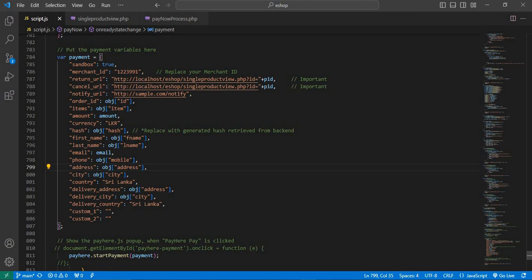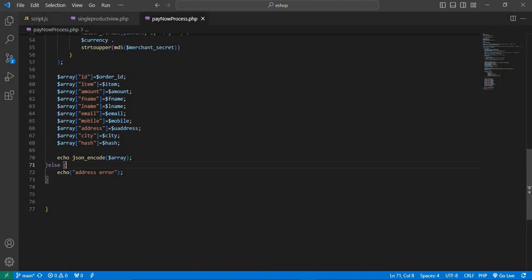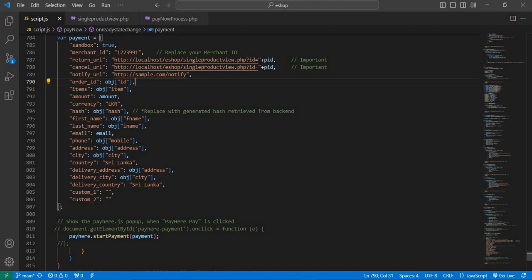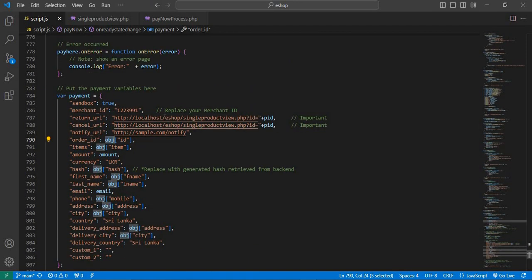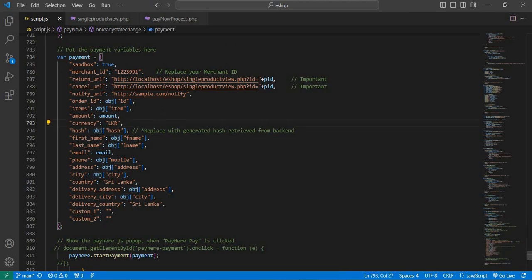If a payment is not made, there must be a return URL. The return URL is single product view, and the cancel URL is also single product view. Notify URL, I have not mentioned the notify URL. Here order ID is the object ID. In the array we have created an ID for the item, so we are using it here. Order ID, items, object ID. We need to mention object because the data is within the JSON array, which is within this object variable. So we need to mention object and the relevant